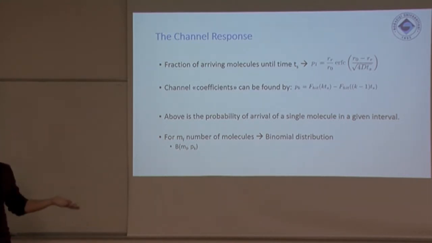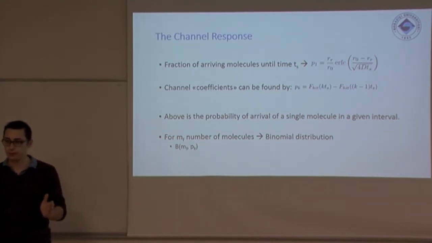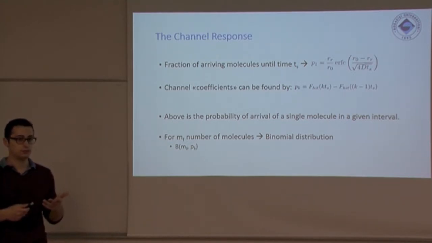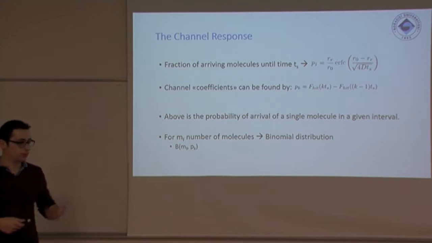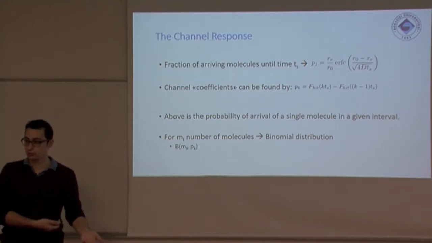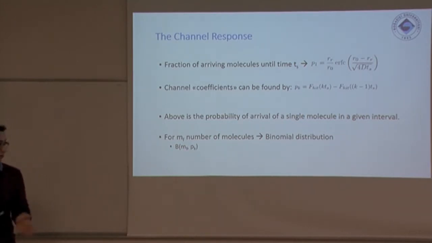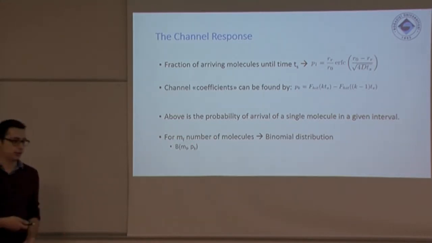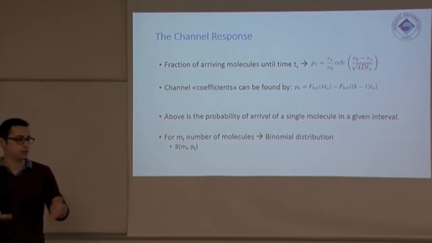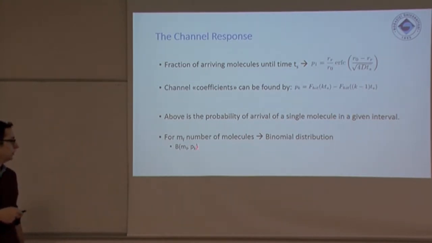Anyway, what this gives is the probability of a single molecule arriving at the receiver in a certain period of time. But this is for a single molecule, and this is a Bernoulli experiment, pretty much. We have a Bernoulli experiment with success probability p, and when we transmit n molecules, the number of molecules that arrive at the receiver in that region is binomially distributed with MF. We will talk about what MF is later on, but it generally represents the number of molecules that you transmit per transmission. Whatever transmission you have, whether a concentration-based one or a molecule-based one, the number of molecules and the